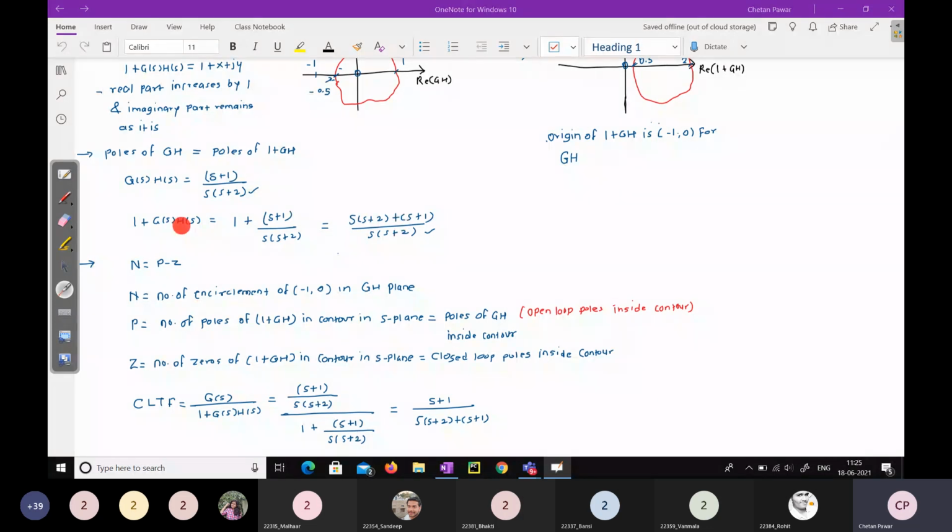So here you can see this is the 1 plus GH(S) function. Zeros of 1 plus GH(S) is equal to the closed loop poles. Okay. So we can say that number of zeros of 1 plus GH is equal to the closed loop poles inside the contour. So what we have done here, if we just simplify this,